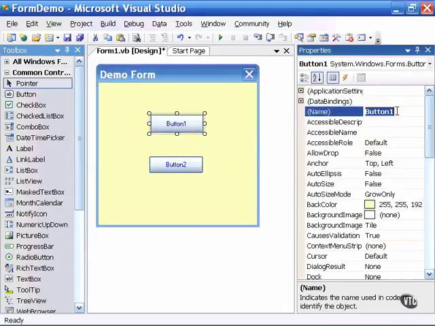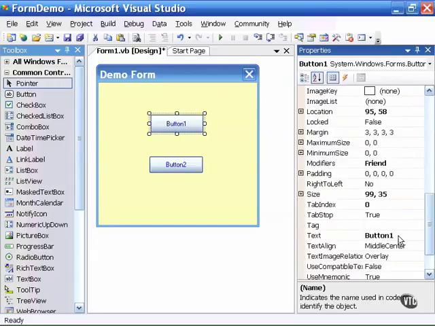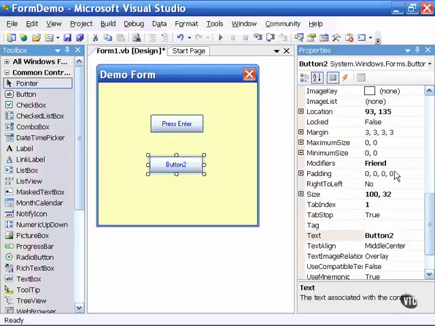If I choose to change the name of this button, button1, to, for example, enterButton, and change the text to Press Enter,